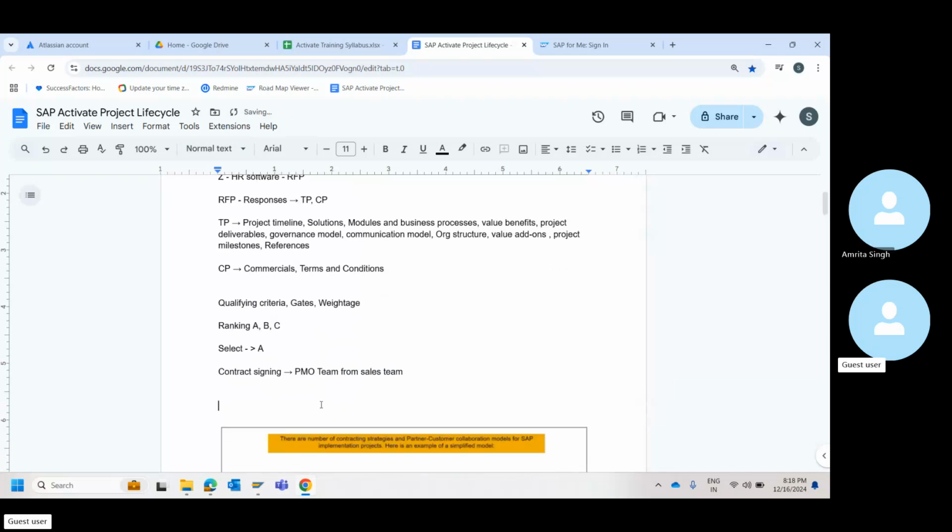This is when you will have to start taking KT from the sales team. Because they would have understood the customer, and outside of the paper, which is the contract, they would have had so many conversations.